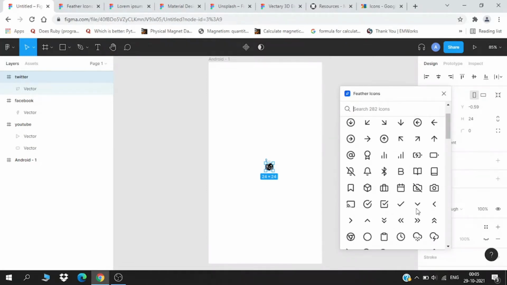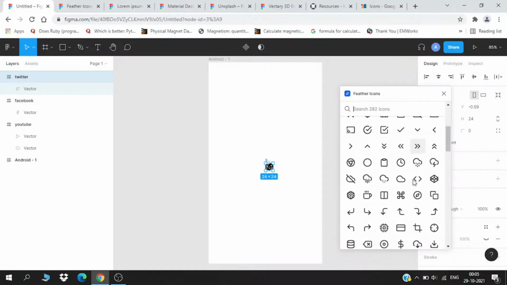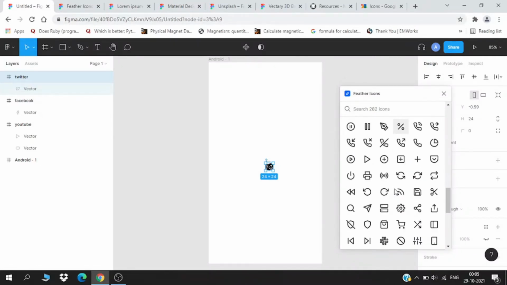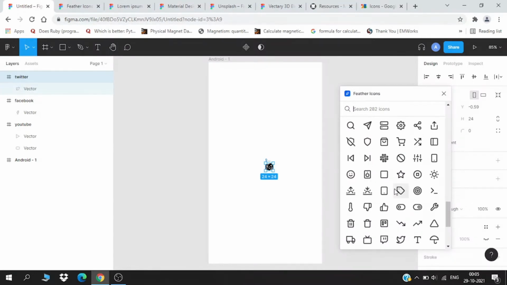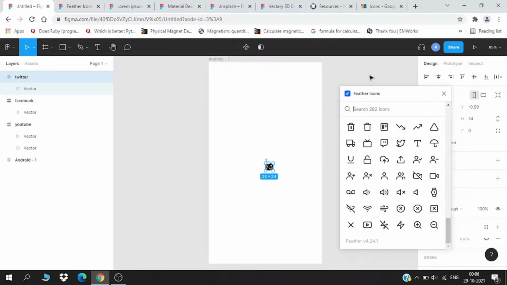So this is a pretty amazing plugin which I believe everyone must need. And there is also a profile icon, because as we create any website, we need a profile icon. So that is there also. This is the first plugin which I believe everyone should have, and pros know that this is the basic one which one must need, because without this plugin it would be a little time-consuming task to create all these icons using the line tool or any other tool. So this was the first one.